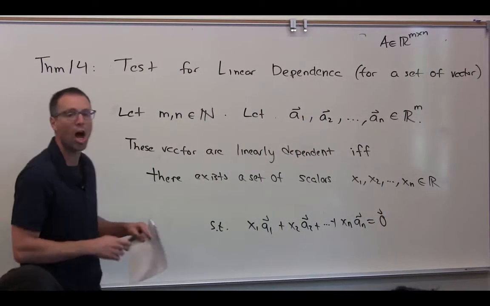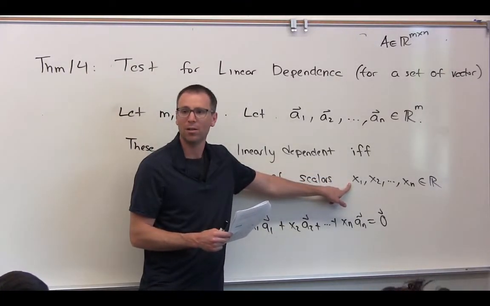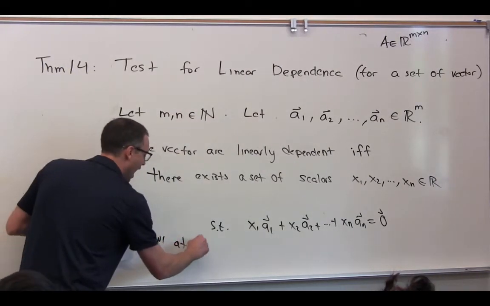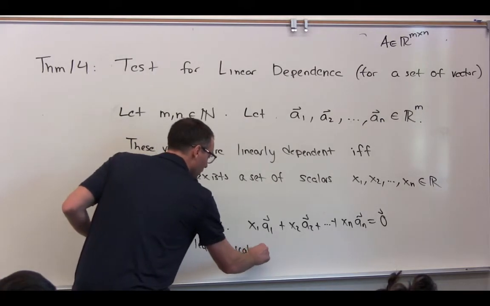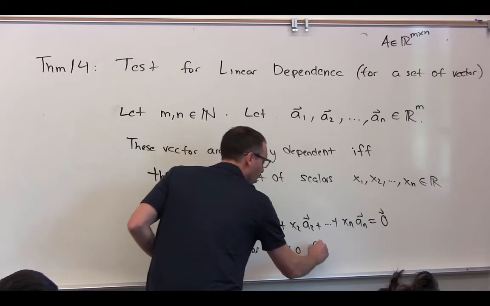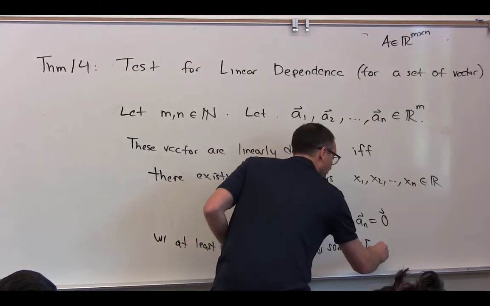And when we say a non-zero set of scalars, does that mean all the scalars have to be non-zero? At least one of them, with at least one scalar, perhaps we call it x sub i, not equal to 0 for some what? i element of